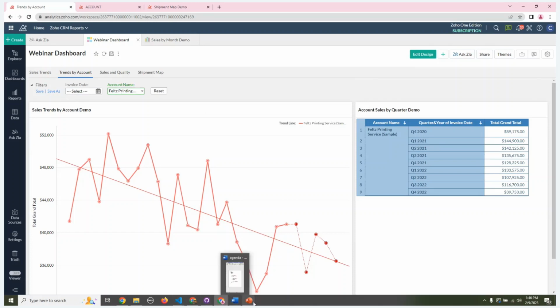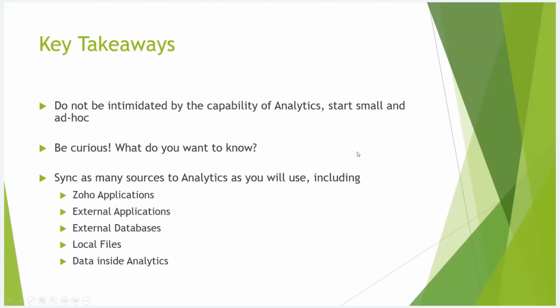Let me bring my slides back up. Okay, so as I've said, here are key takeaways. Do not be intimidated by the capability of analytics. I know that I showed you a lot today, but start small, start ad hoc. One of the really nice things about working in a reporting platform with data that is copied is that you really